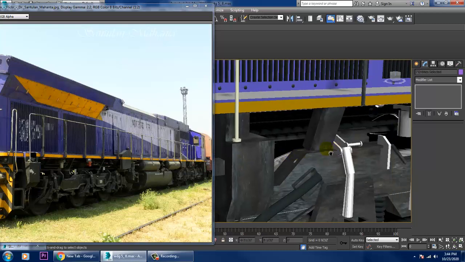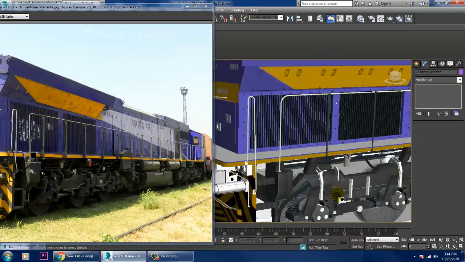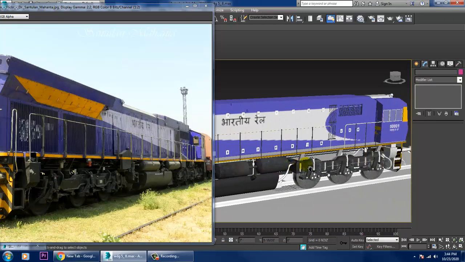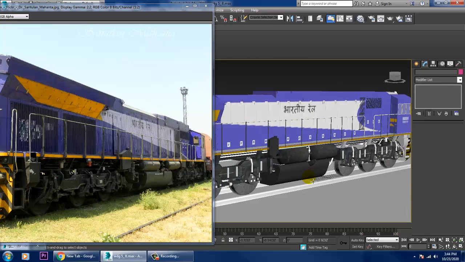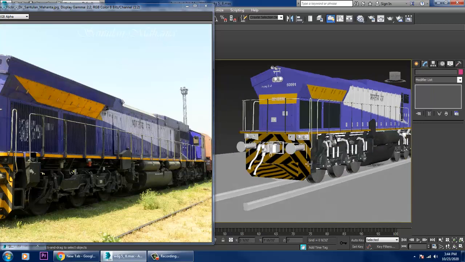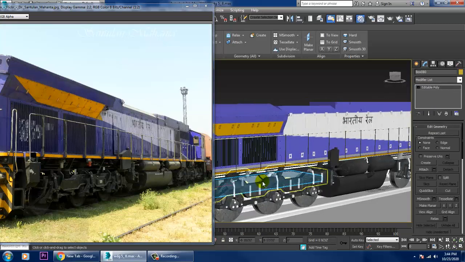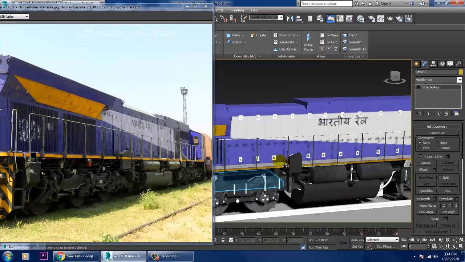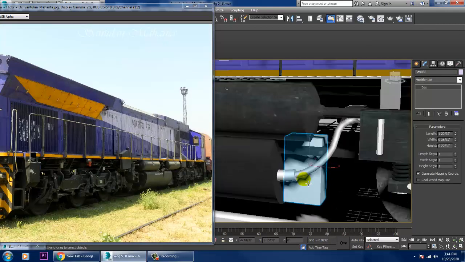So let's again go into this material and assign that same material over here. After you have assigned this, this part is also left over, so we'll be giving the same texture to it.